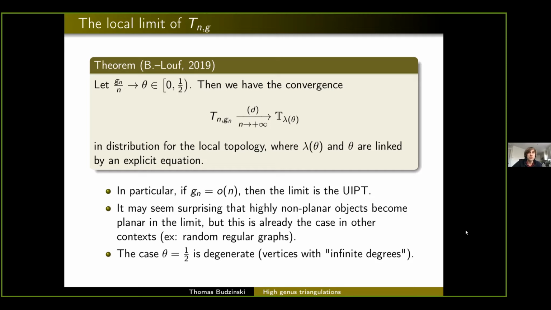And is there a function G_n for which the limit is something with interesting genus in a way that one can see nicely? I guess if you take, oh, I see. So in the case theta is 1/2, there are still many questions that you can ask, but you will not have a proper local limit because you get infinite degree, for example. The degree of the root vertex will go to infinity with high probability. I see. Okay.